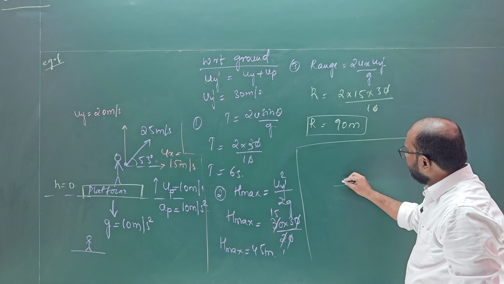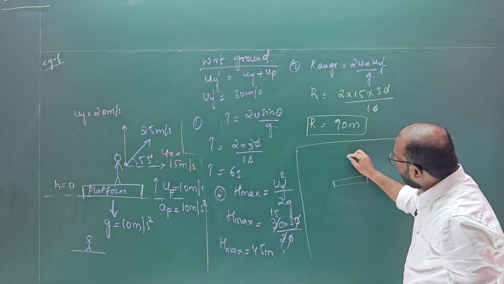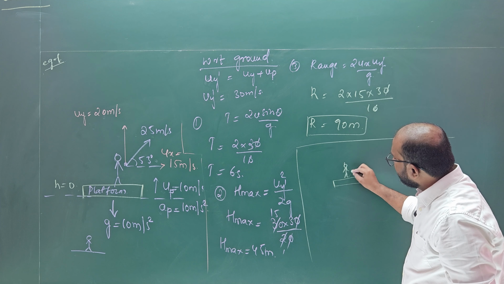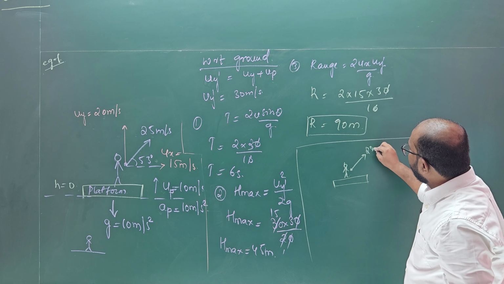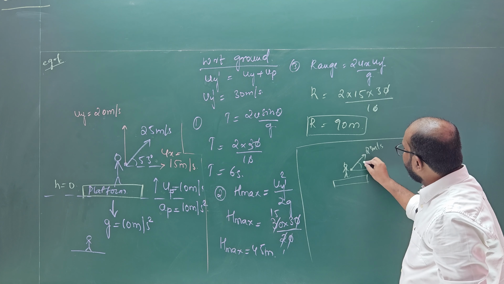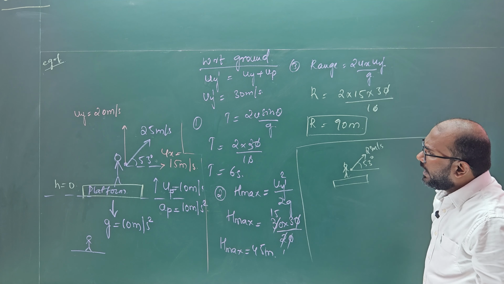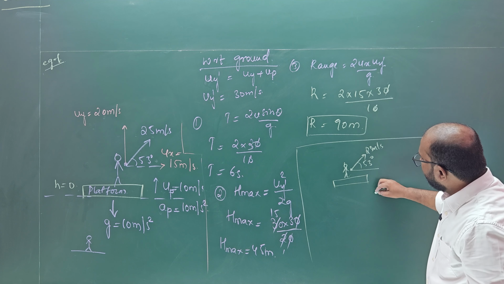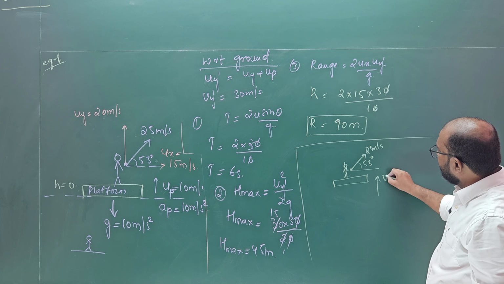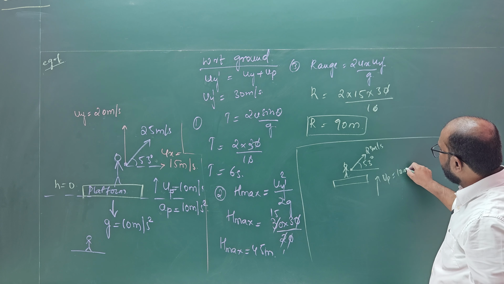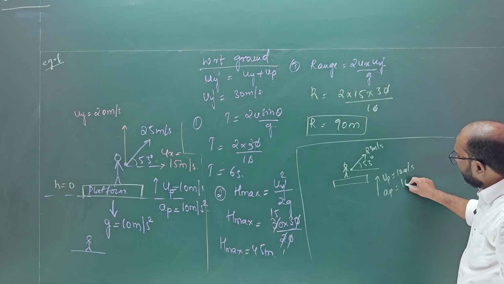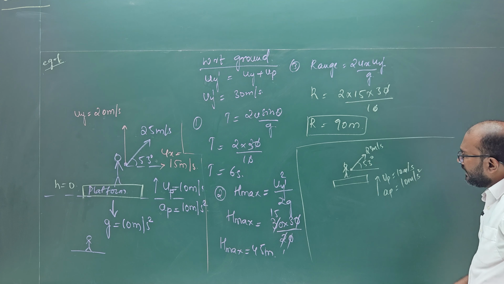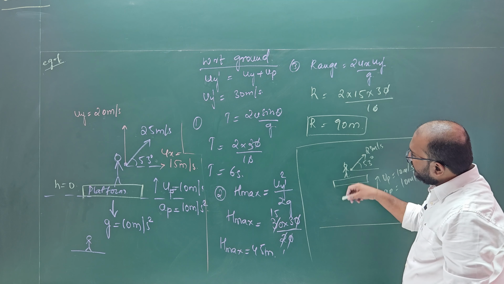Consider here is the platform, and on this platform there is a boy standing again, and he projected with what? With initial velocity 25 meter per second, making an angle of 53 degrees. And this platform is also going with velocity how much? In the upward direction, that is 10 meter per second, and accelerating in the upward direction, that is what, 10 meter per square second. If I say that he projected the object,